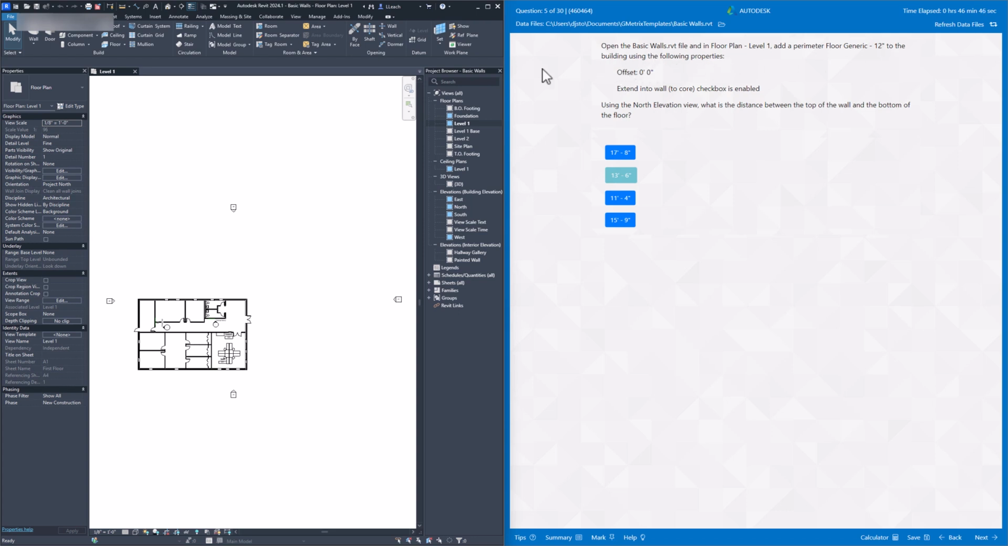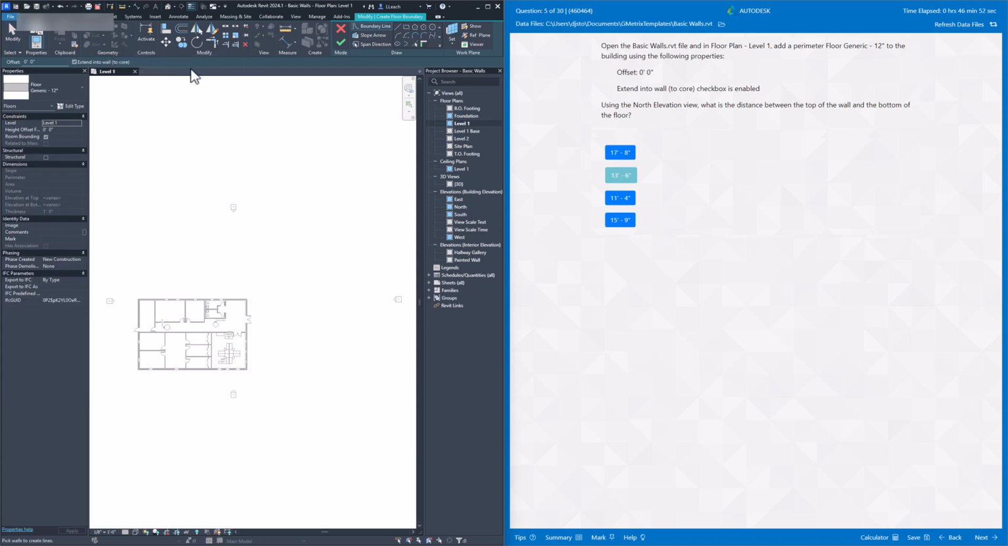So we're going to add a floor. I'm going to go to architecture, floor. And we're going to use the floor generic 12 inches, which is already set for that. The offset up here, that's 0. And then make sure where it says extend in the wall, checkbox is enabled. So this is already checked up here. And then it says